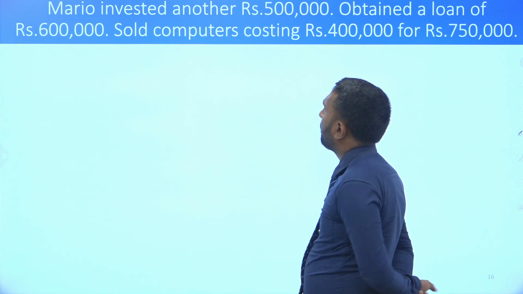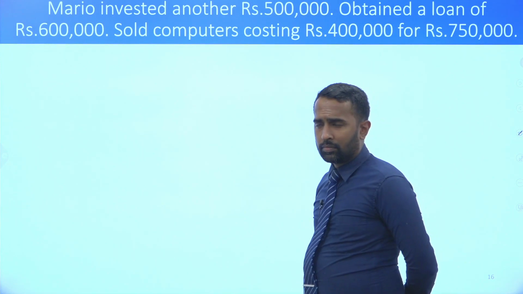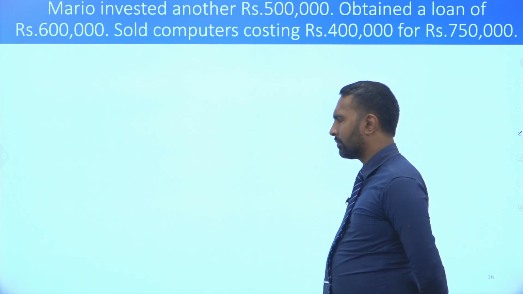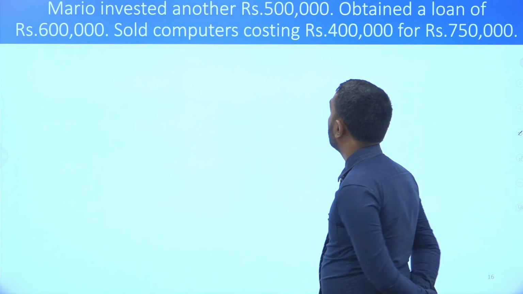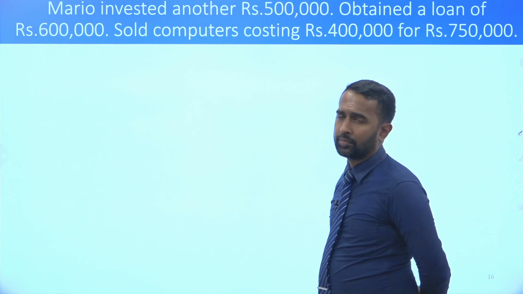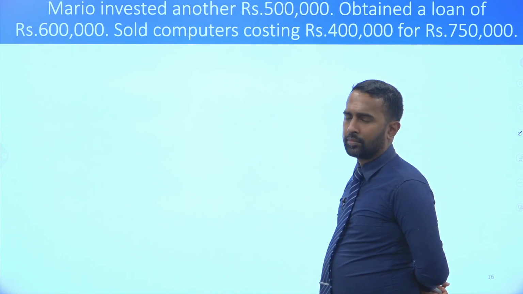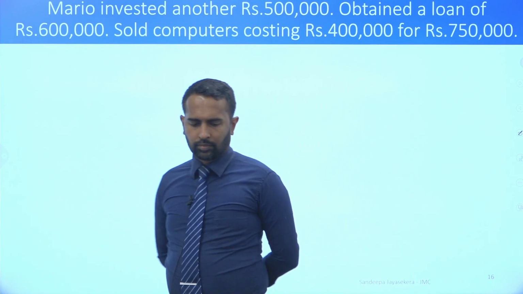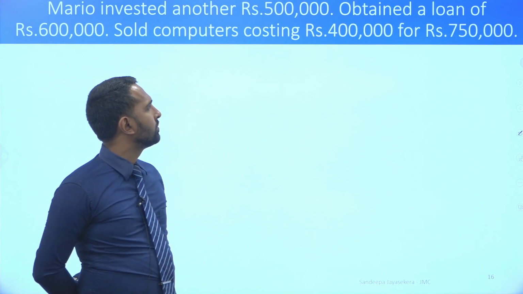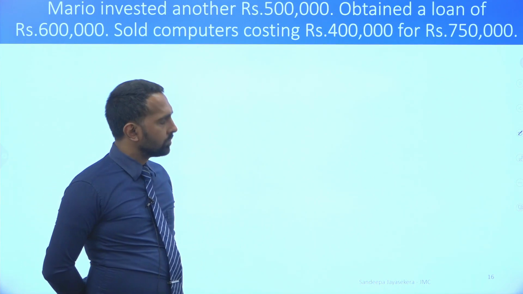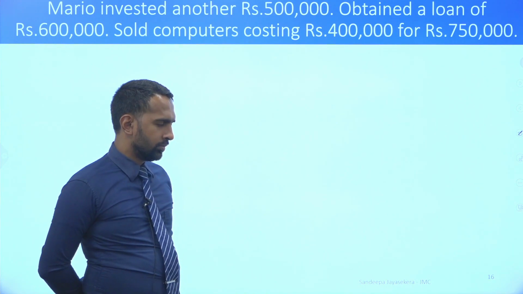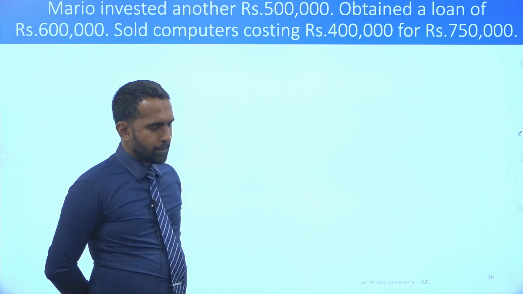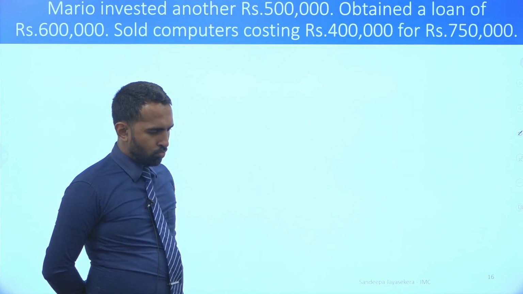In the first one, cash increased by 500,000. Very good. And capital increased by 500,000. Right. In the loan, liability increased by 600,000 and cash increased by 600,000. Sold computers, inventory goes down by 400,000 and cash increased by 750,000. Income increased by